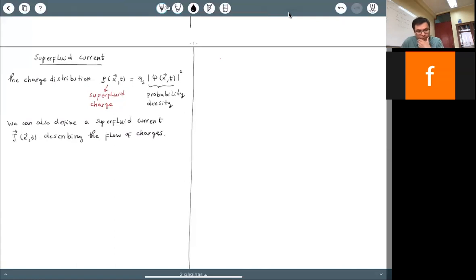And because you have a charge distribution and then you may define a superfluid current, there is also a continuity equation, of course,